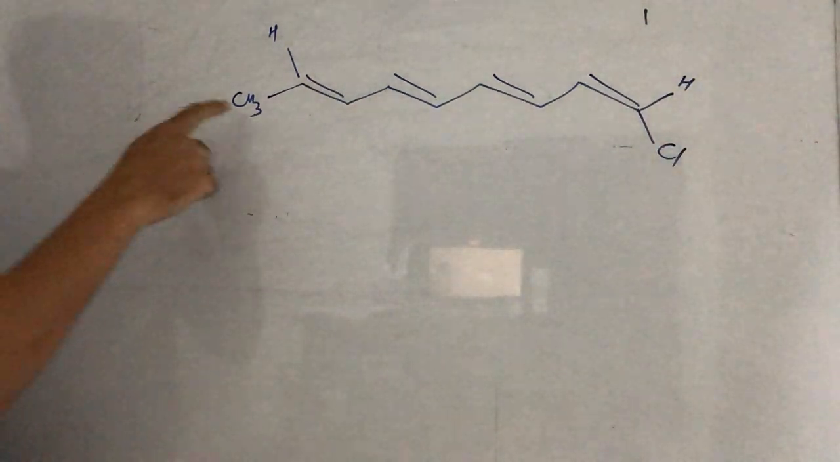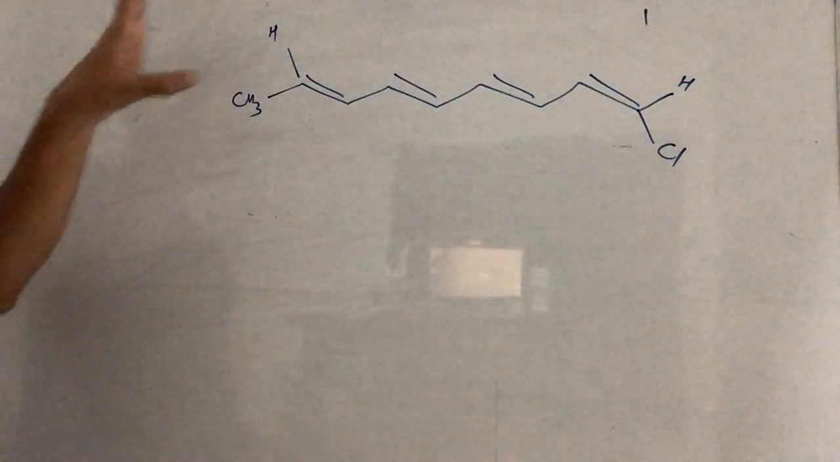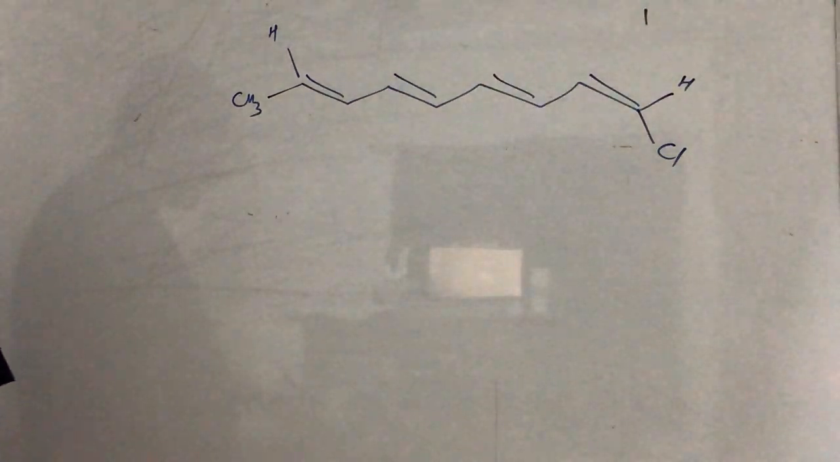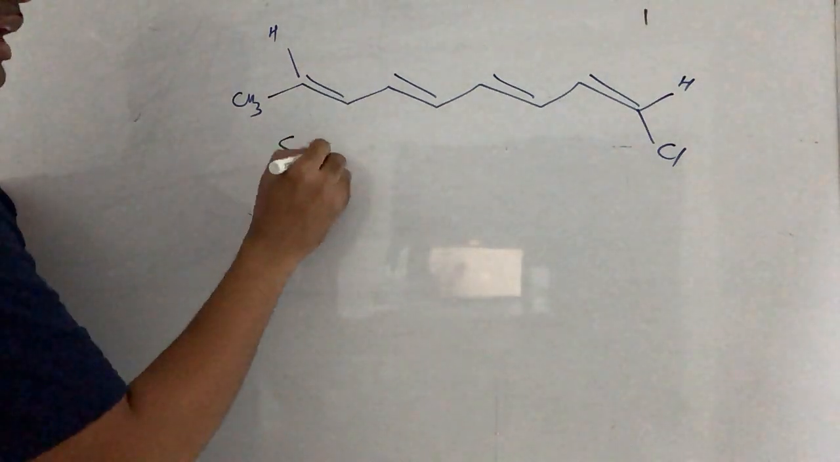Now you can see this is methyl, this is chlorine. Of course, hydrogen, hydrogen is same. But these ends are not same. This is hydrogen methyl and that is hydrogen chlorine. So the ends are not same. When the ends are not same,